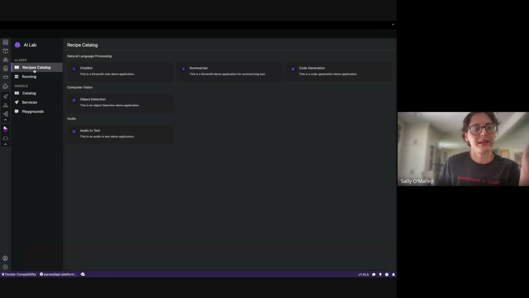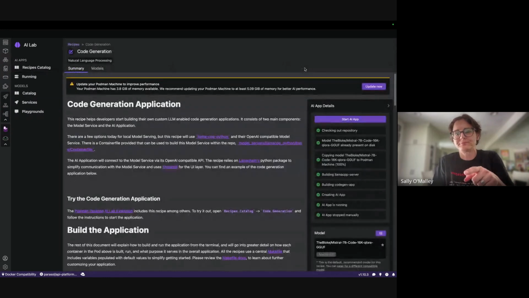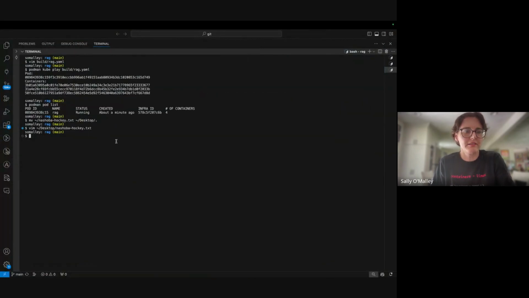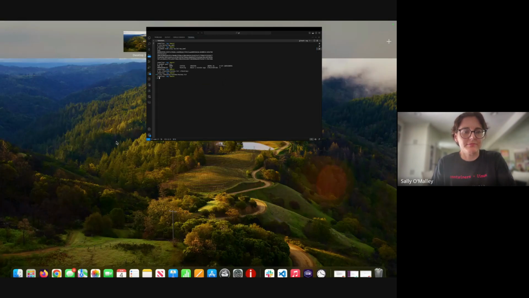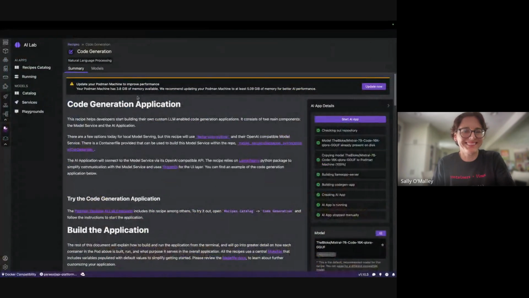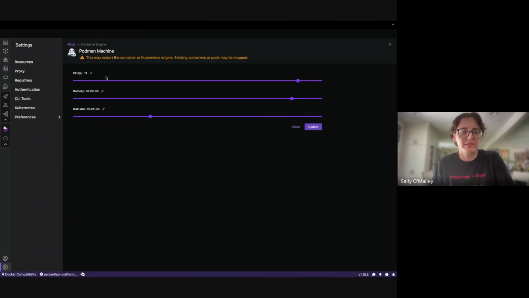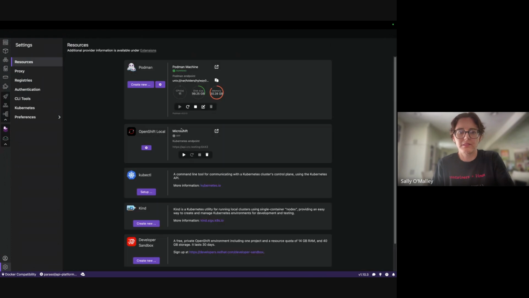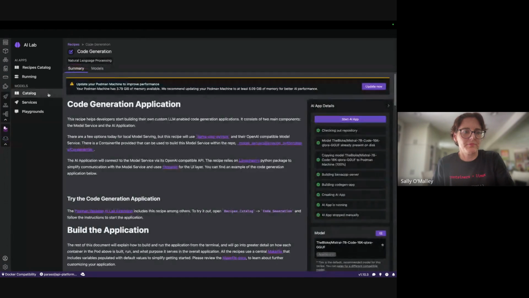But let's spin up a chatbot. Let's do code generation. First, before I do that, I'm going to stop any pods that I have running. No, I am not, because I want to show you that. Okay, try again.